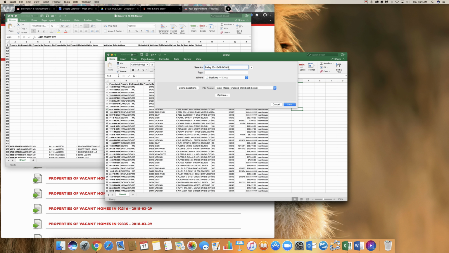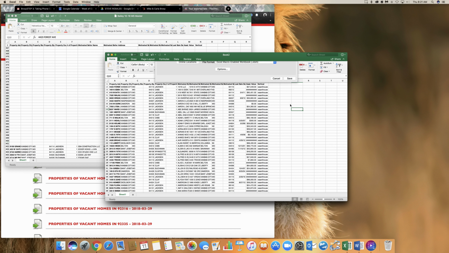I don't keep track of those numbers. I put a date and however many I'm going to build off of the date of the leads that I pulled. This keeps me straight on how often I have pulled leads, and to me that's important. So that's why I date them. You can call this beginning here. You could just do the date and the MS1 if you wanted to, but this is the way I do it. I hit save because it is on the desktop,